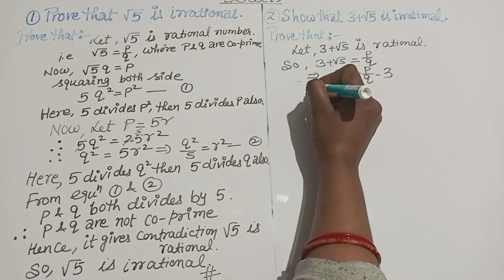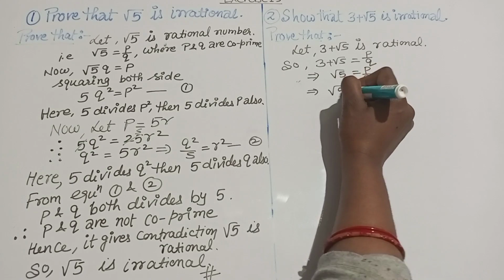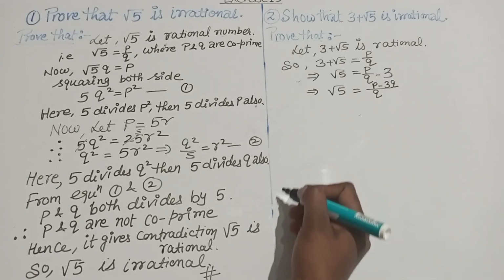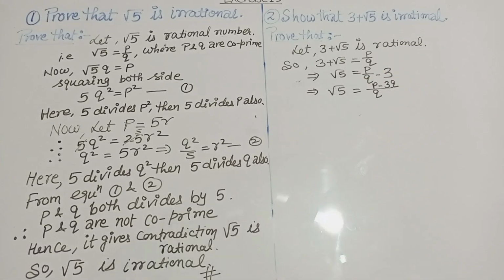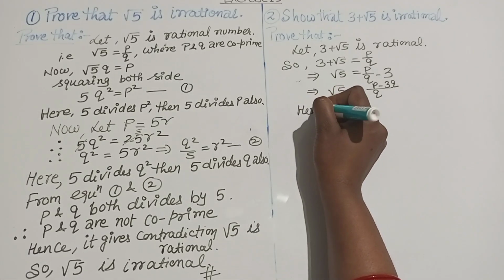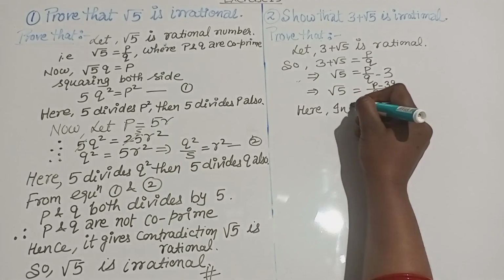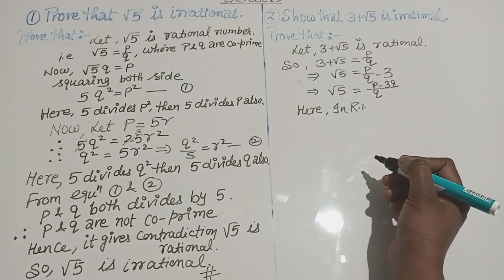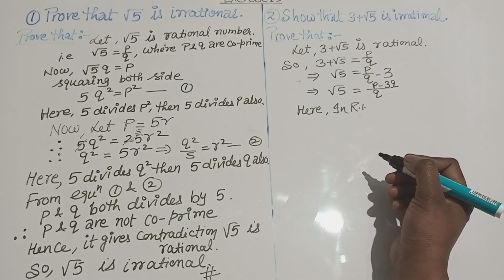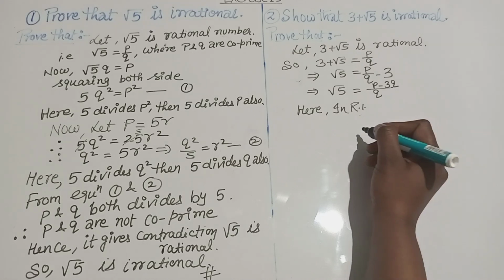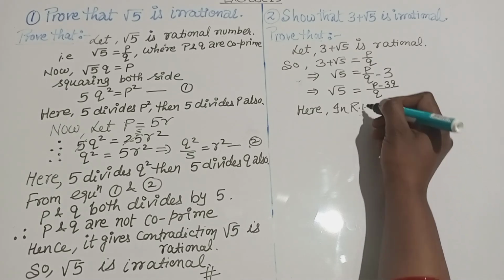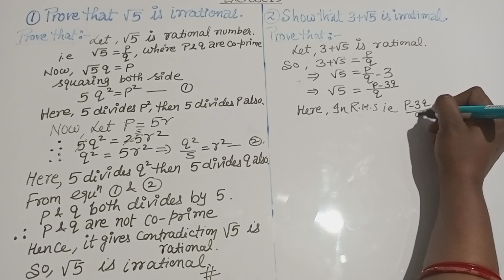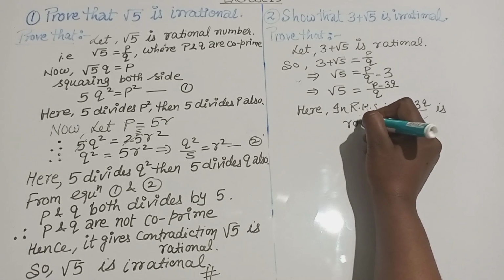So root 5 is equal to (p minus 3q) upon q. Here the RHS, that is p minus 3q upon q, is rational,